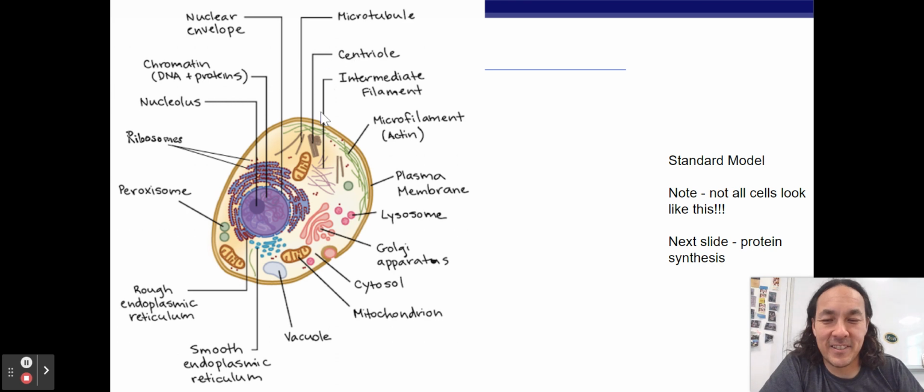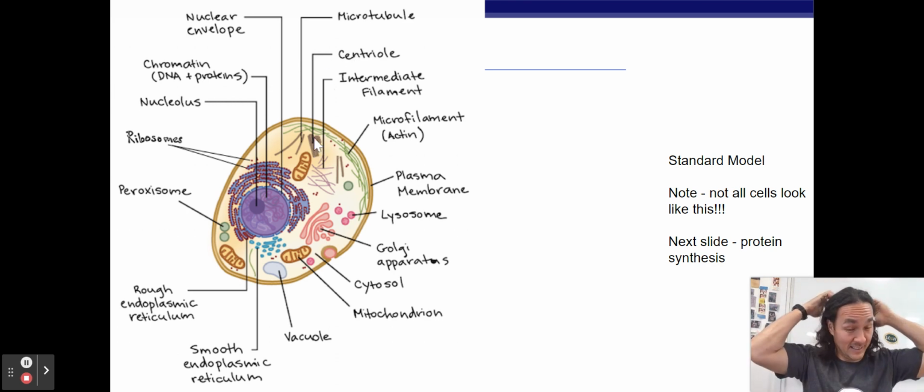The centriole will deal with cellular division, and we haven't gotten to that yet, but we're going to do a